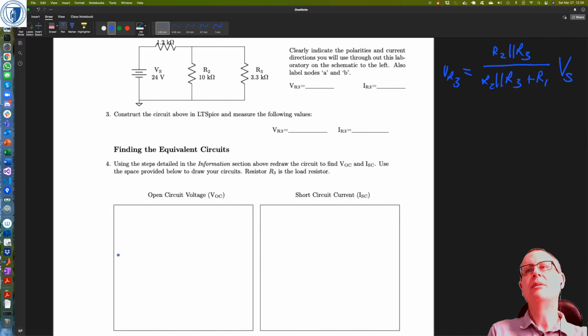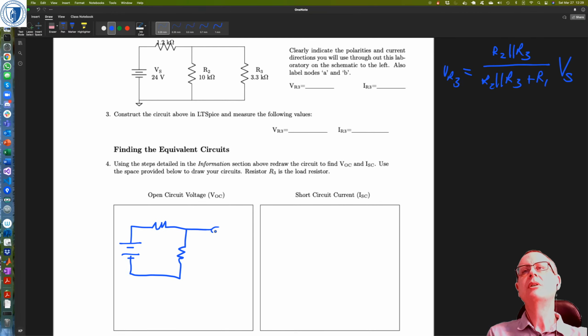So in both cases we take away the load resistance, so we remove R3. So for the open circuit voltage, we've just got that circuit, and for the short circuit current,